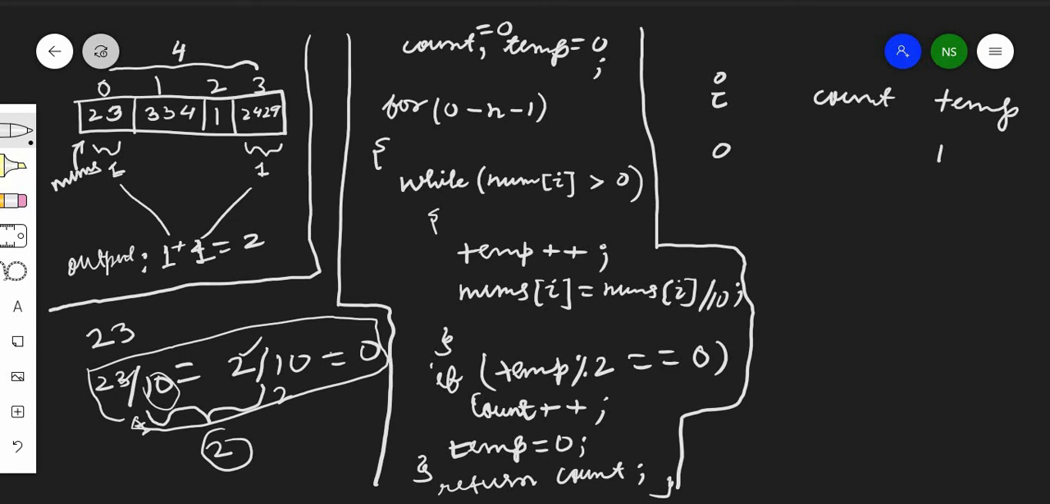Nums of I will become nums of I by 10, which is 23 by 10, and 23 by 10 is 2. So is 2 greater than 0? Yes, of course it is greater than 0. So temp will get updated again, and now its value is 2. And after that nums of I becomes 2 by 10, and 2 by 10 is 0, and now nums of I is 0. So the control will come out of this loop,